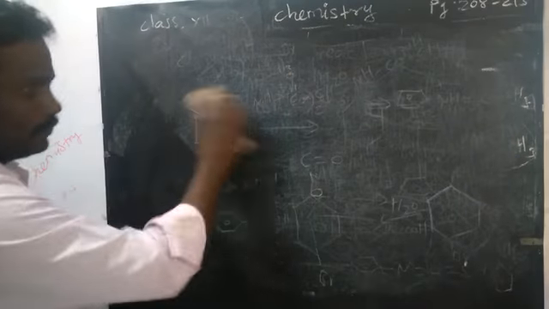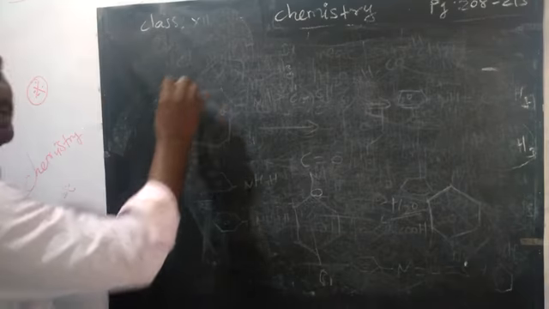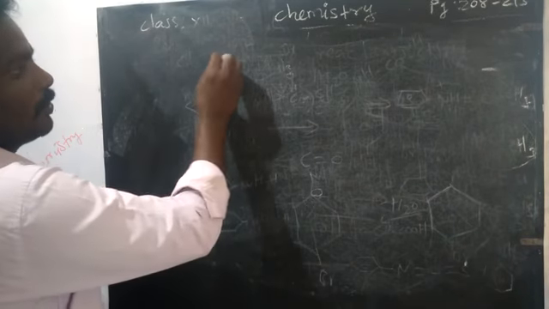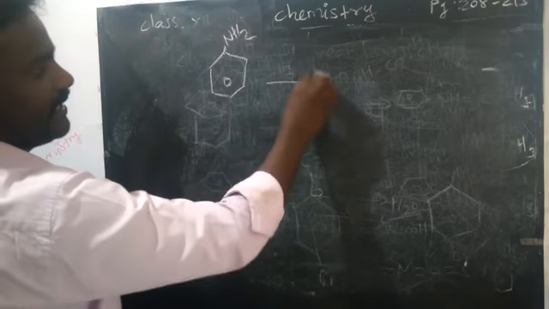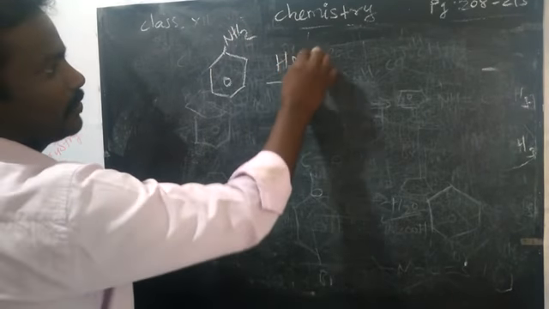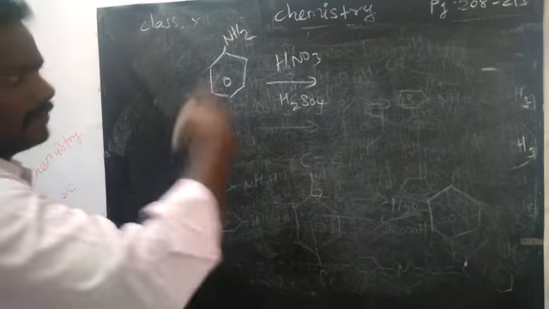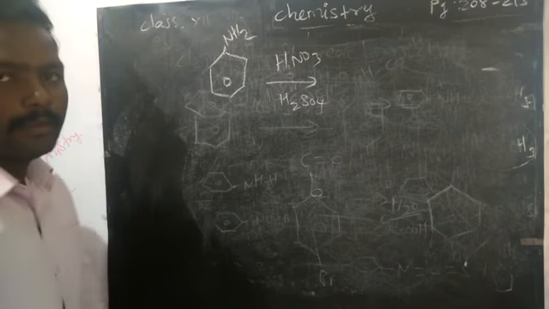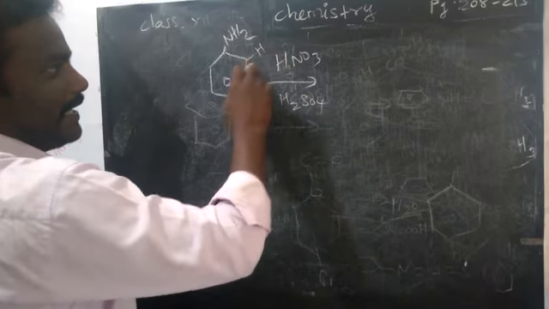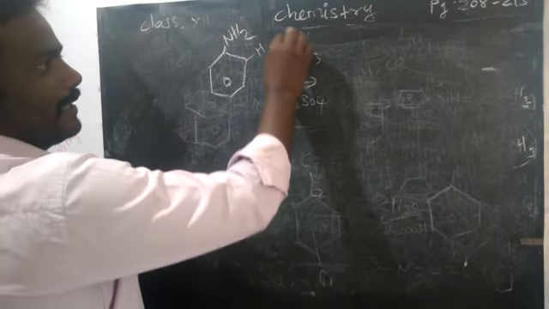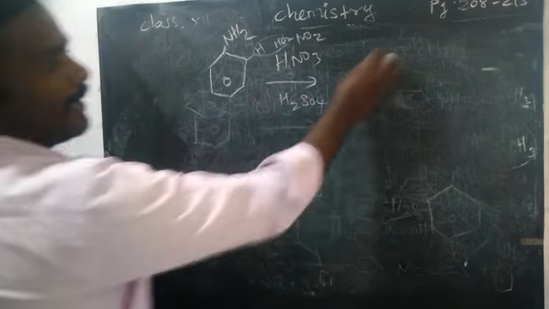Okay. Now, the next reaction, nitration. What do we mean by nitration? We know it is the addition of an NO2 group. So aniline is treated with nitric acid, HNO3, in the presence of sulfuric acid. If you take it directly, what will happen? It may produce three types of nitration. One is at the hydrogen in the ortho position. The nitric acid I will write as HONO2. Water will go, and NO2 we can add.